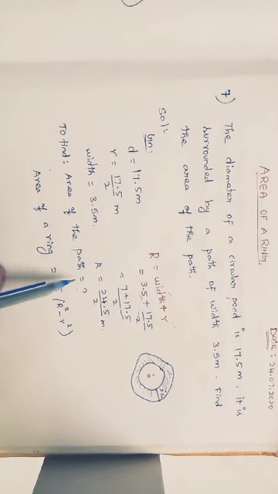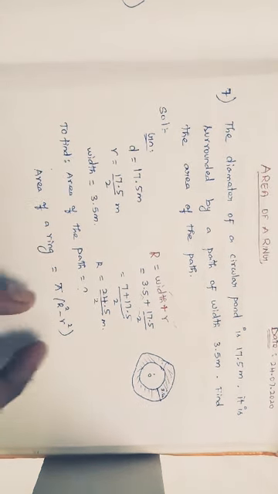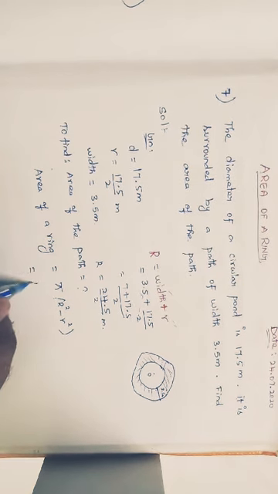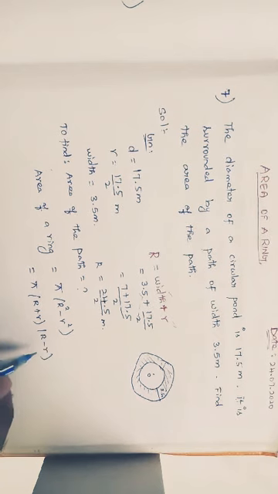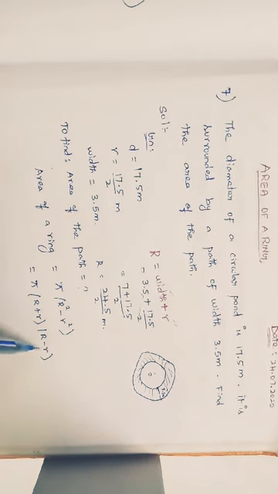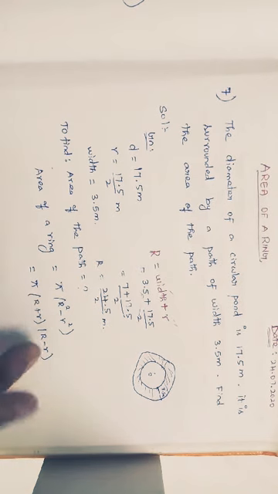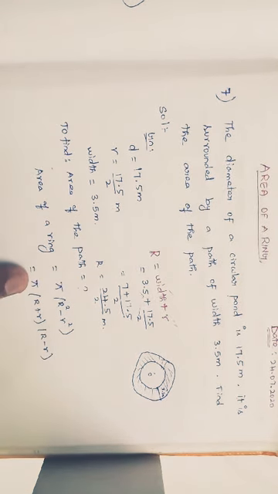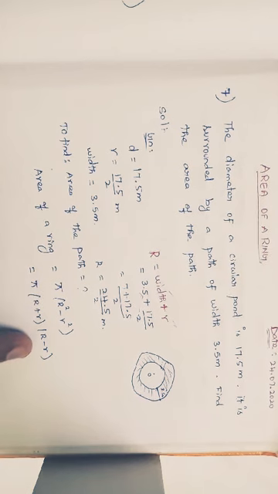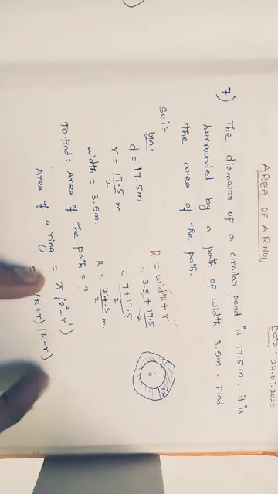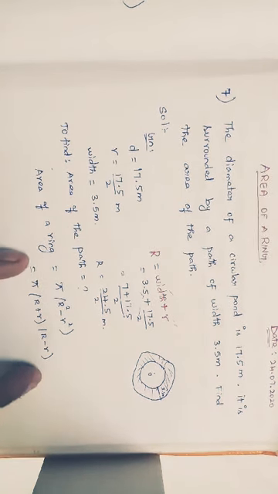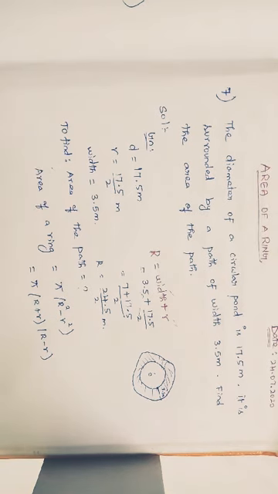While we are simplifying this, we can write it as pi into R plus r into R minus r. While adding and subtracting, easily we can simplify and easily we can multiply. That's why I have written this formula as pi into R plus r into R minus r. a plus b, a square minus b square is equal to a plus b into a minus b. While discussing the formula, I have explained clearly. So I am using this formula for finding the area of a ring.